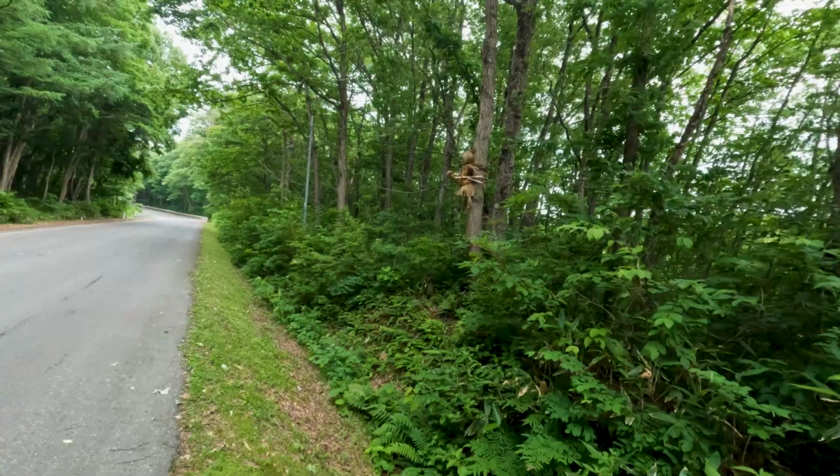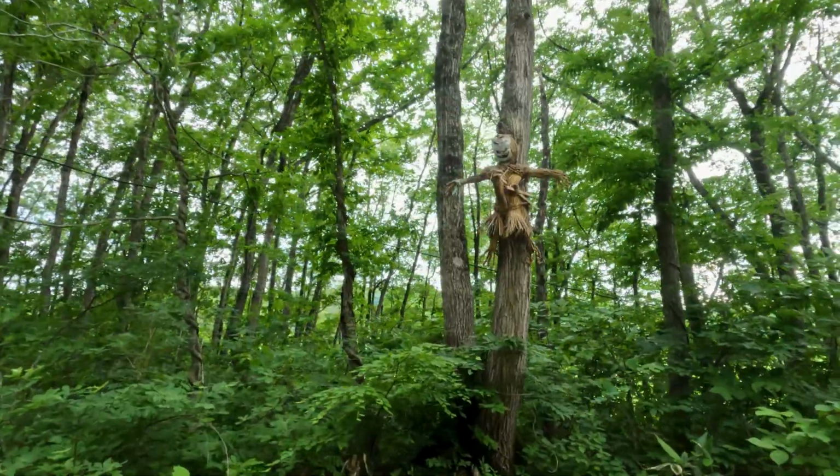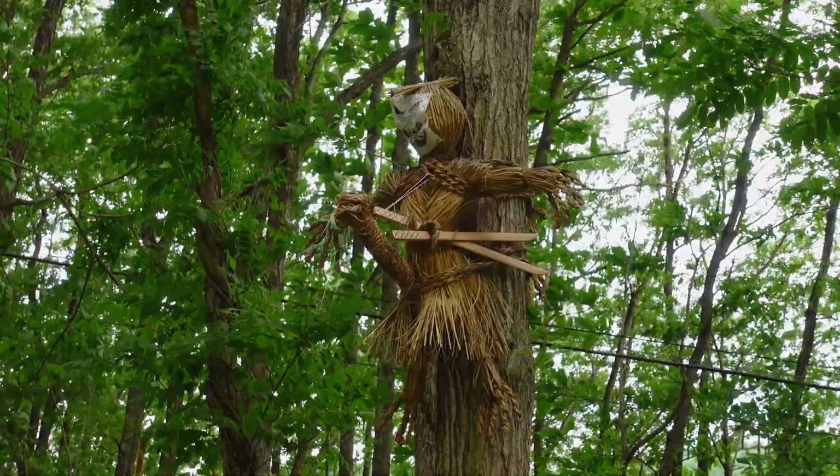While I'm here in Nishiwaga, I want to show you one other thing, and that is one of the trademarks of this area: the straw man. You see this here along the road? This is terrifying. Look at this. There's a straw man. He's got 2 swords and a ridiculously large...